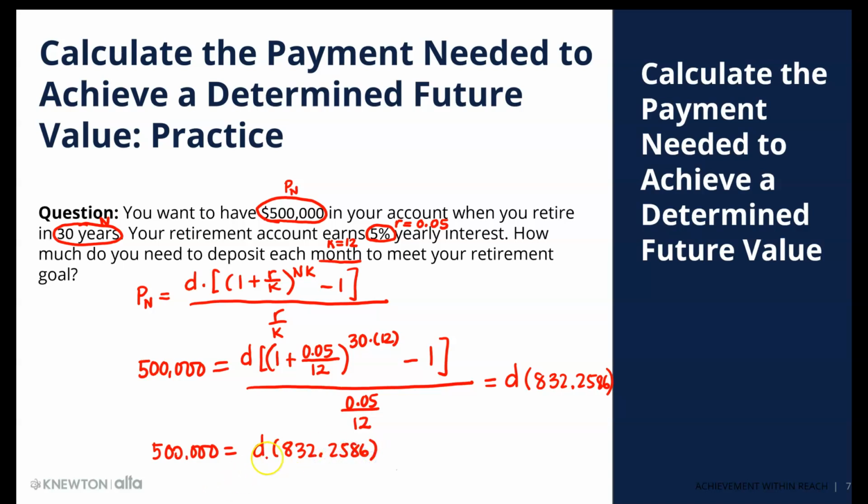Now to solve for D, all you need to do is divide both sides by 832.2586. And then this is equal to, when you plug this in, D is just equal to